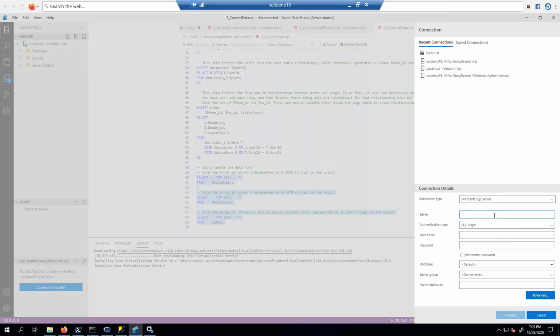Oh, bummer. Of course, I lost all of that. Could have done localhost, I guess. Come on. Don't die on me. What do you mean default?